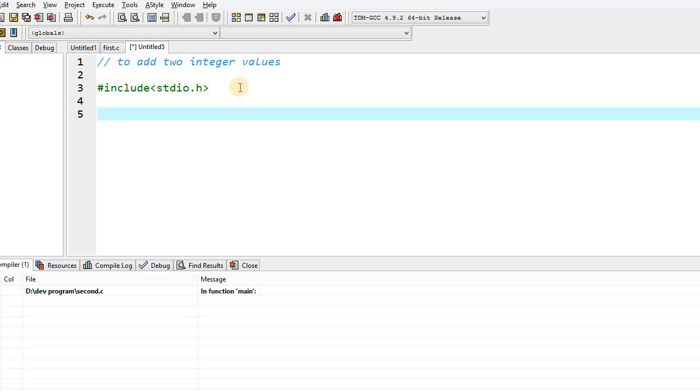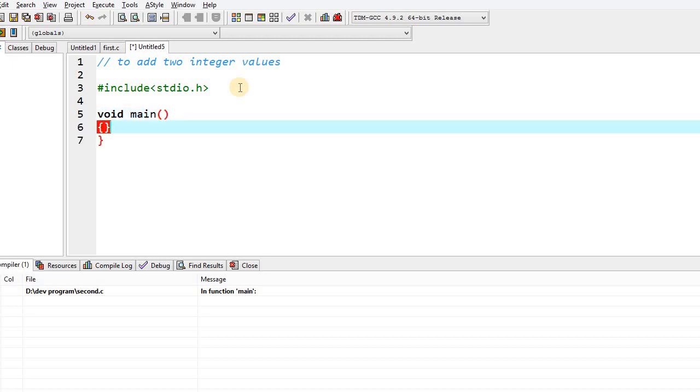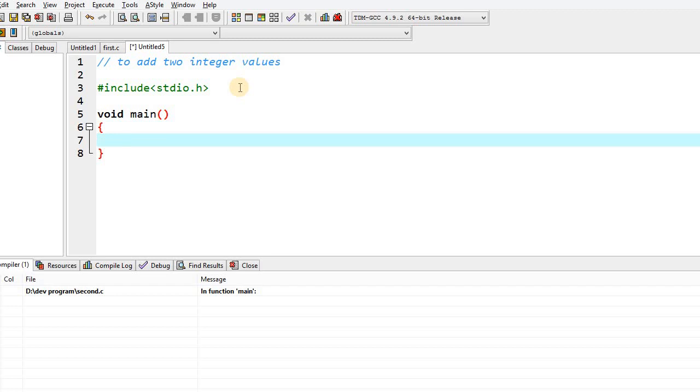After that, void main, our main function, from where our C program's execution begins. This is an important function in C programming. It is a part of every C program. A program contains many functions, but one of them must be the main function. Why? Because every program in C begins its execution at the function main.